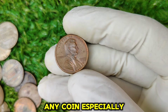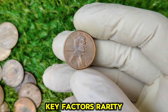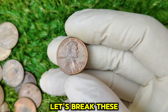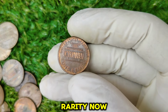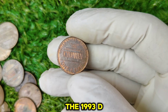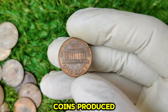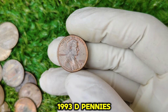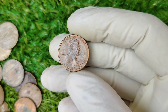Well, the value of any coin, especially pennies like this one, often comes down to a few key factors: rarity, condition, and any unique characteristics. Let's break these down one by one. First up is rarity. Now, like we mentioned earlier, the 1993 D penny isn't necessarily rare in terms of the number of coins produced. But there's a twist. What makes certain 1993 D pennies rare is when they're in nearly flawless, mint-state condition, especially if they've been perfectly